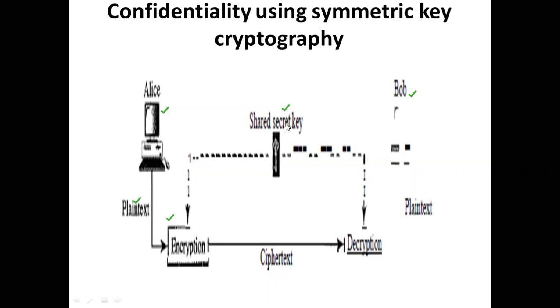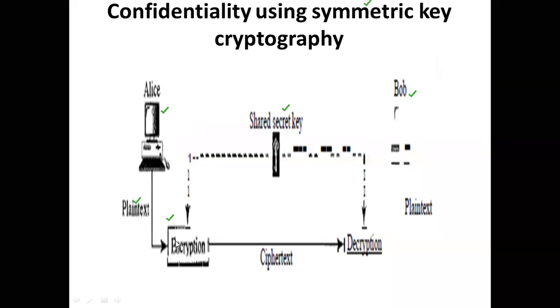Once you enter that key, your installation process will become complete. Like that, to your actual data, some encryption algorithm, an encoding algorithm, is applied, along with a key which is shared between the sender and the receiver. That key is called a shared secret key. Now, since both the users are using the same key, that's why it is known as symmetric. Symmetric means the same key is used by the sender, in our example Alice, and the same key is used by Bob, the receiver, and hence it is called symmetric key cryptography.